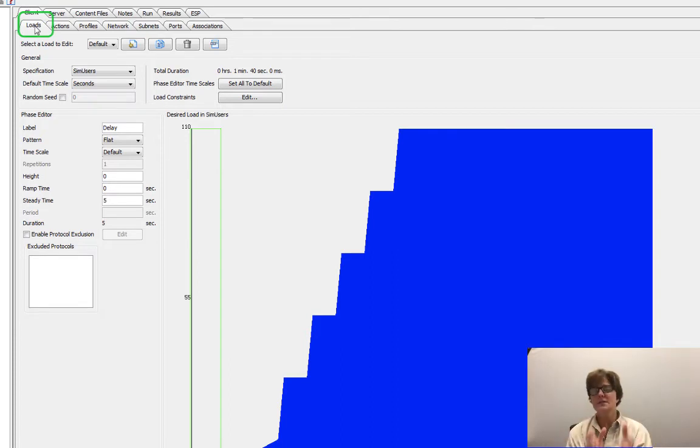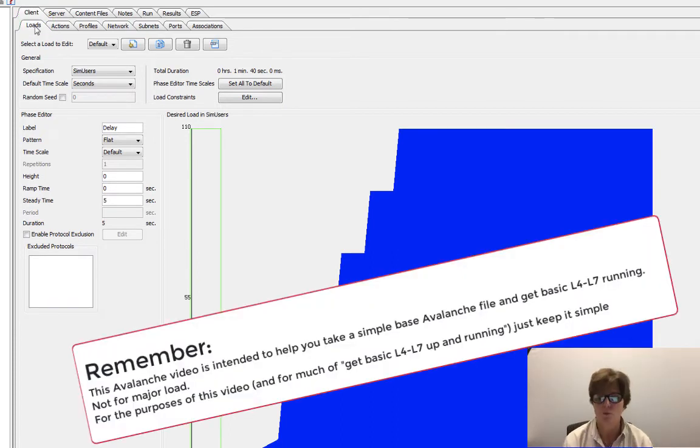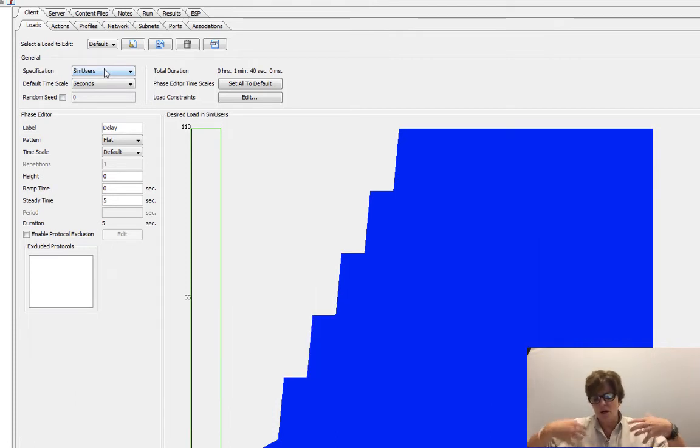Now this is a little confusing when you're new to it. I've been playing with this for eons, since dinosaurs roamed the world. So I'm going to do simulated users, which means I'm going to simulate a number of users doing this. By the way, this can be used for anything like NBAR, AVC.